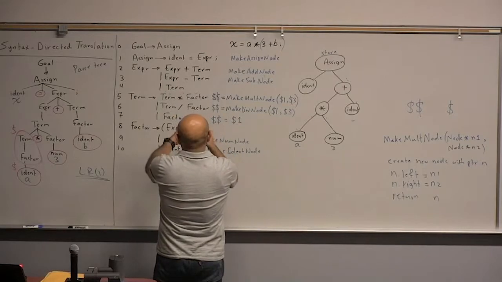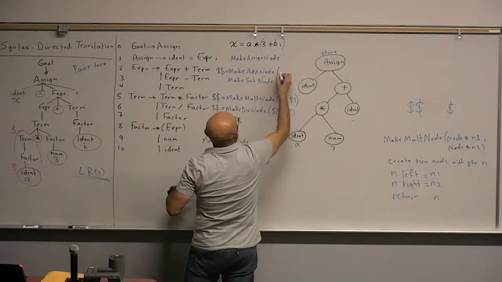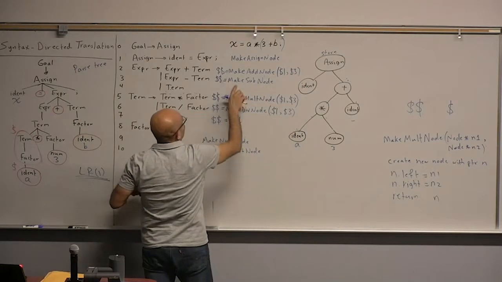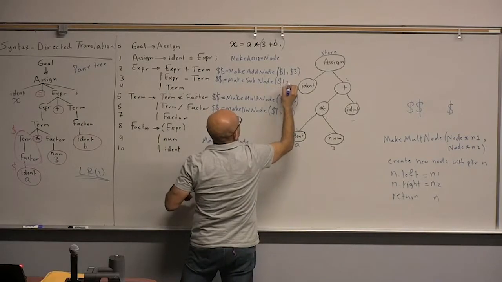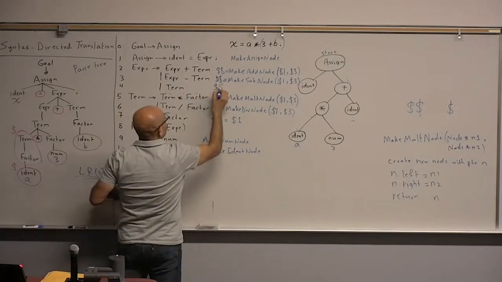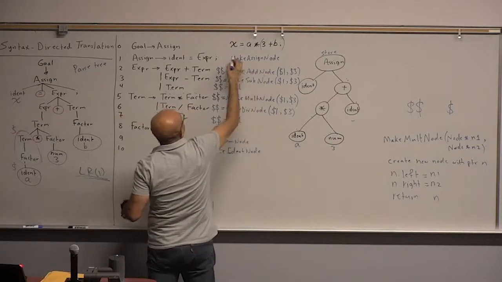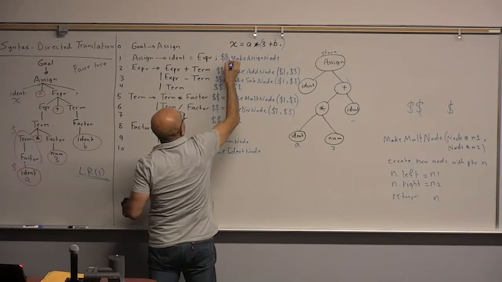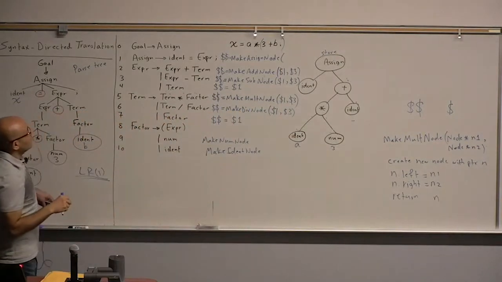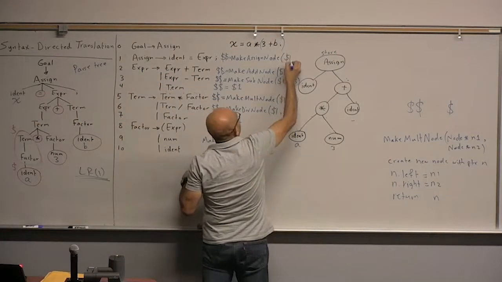So for the make add, we are doing dollar sign equals make add of $1 $3, and this is dollar sign equals make subtract node $1 $3, and this is just a pass, dollar sign equals $1, and this is an assignment node. So dollar sign is make assignment node. Okay, and we are assigning again, the left child is going to be $1, and the right child is going to be